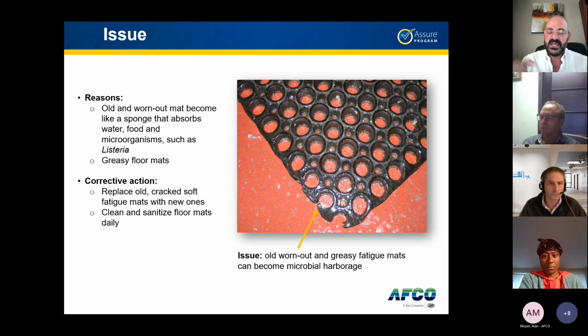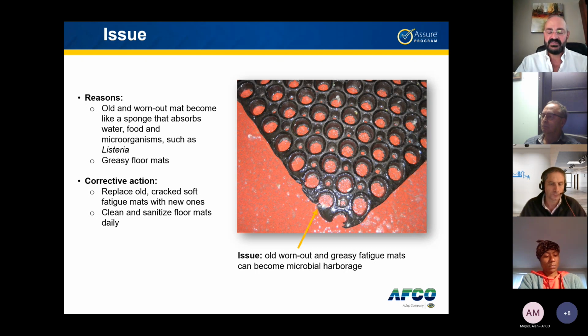They become like a sponge. So they will absorb all the food and the food residues and bacteria into them. And every time you step on them, juice comes out of them like a sponge, which can be bacteria and contaminate the floors. So if you have old fatigue mats, please throw them away and get new ones that are